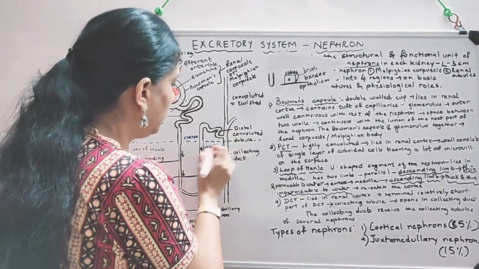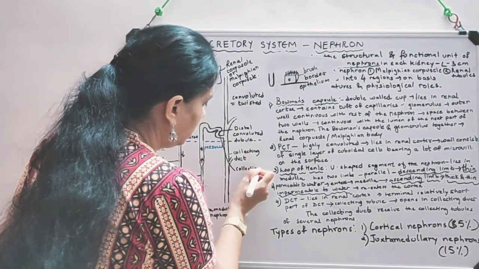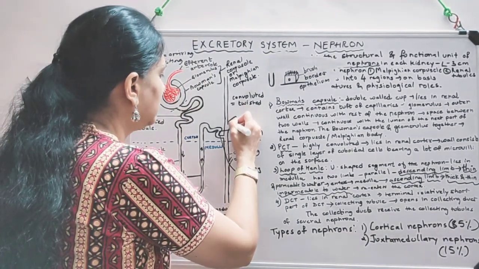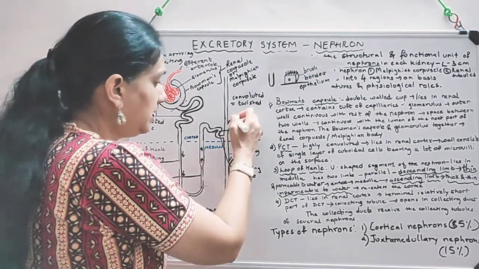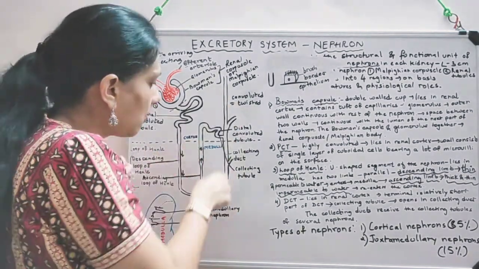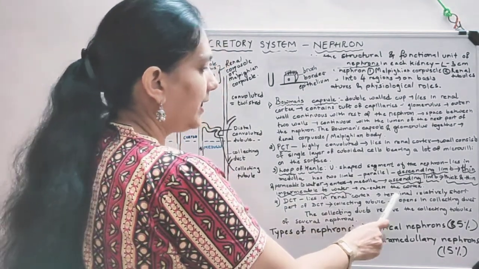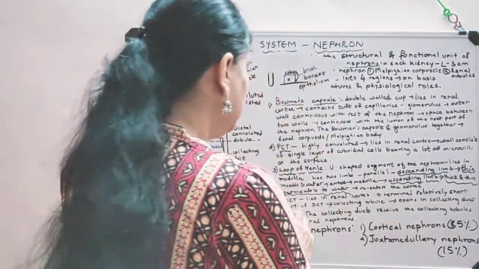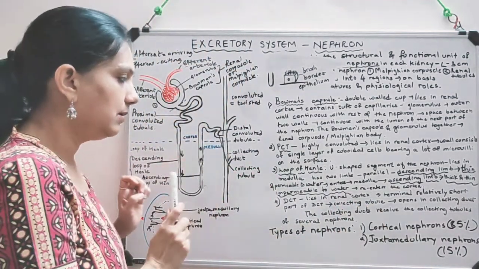If I label it over here, it is the collecting tubule. And I have drawn, you can see something like this over here, another branch joining over here, that is a collecting duct. These are collecting tubules of several nephrons which are joining this collecting duct. So this is what I have written. It lies in the renal cortex, is terminal, and is relatively short, and that is the collecting tubule, and this opens into the collecting duct.